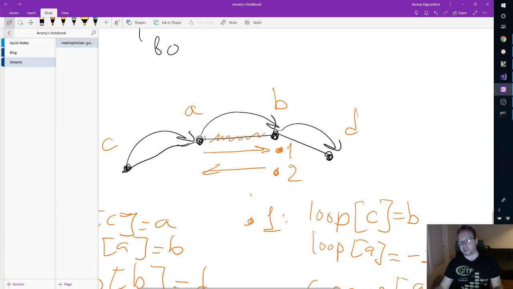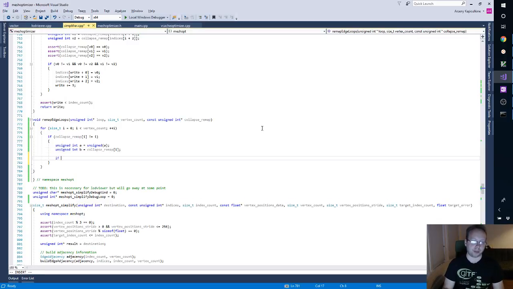Due to how our edge collapse rules work, if this was a seam edge, this means either B is after A or A is after B, right? So if loop A is B or loop B is A,